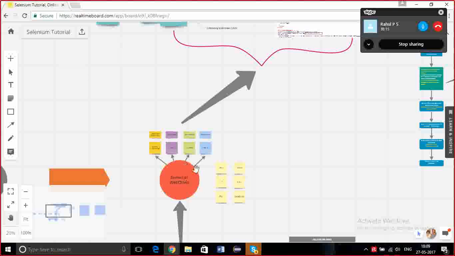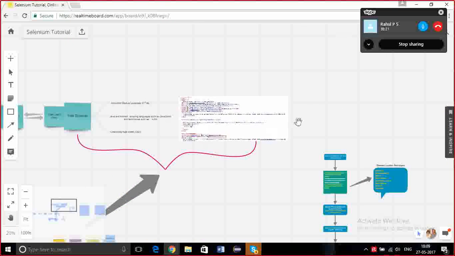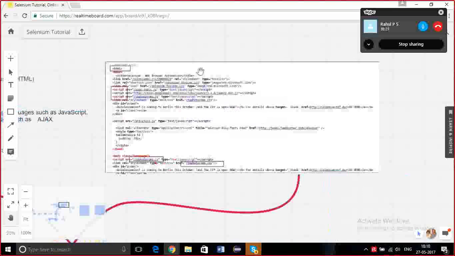So the WebDriver uses any one of these drivers, and finally it opens the particular website. And to Selenium, the website will be visible something like this. So now let's say I opened any one of the websites. And now the moment I inspect that site using WebDriver, the WebDriver will be seeing only this HTML page